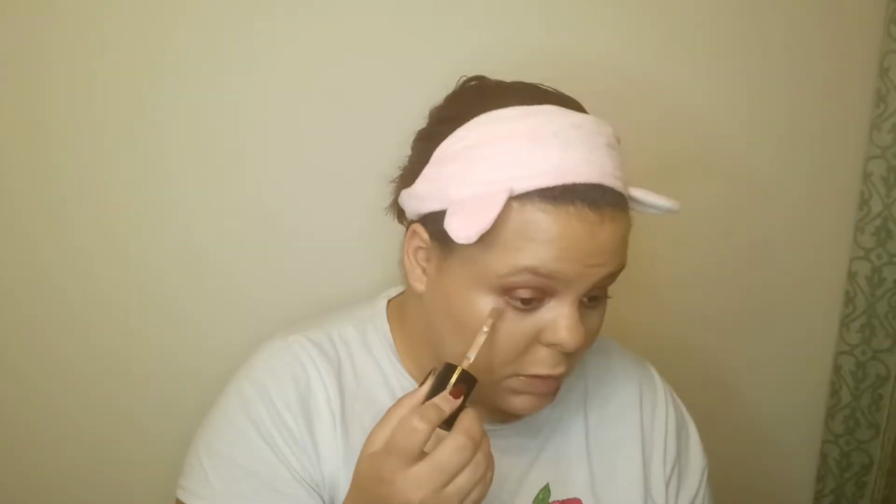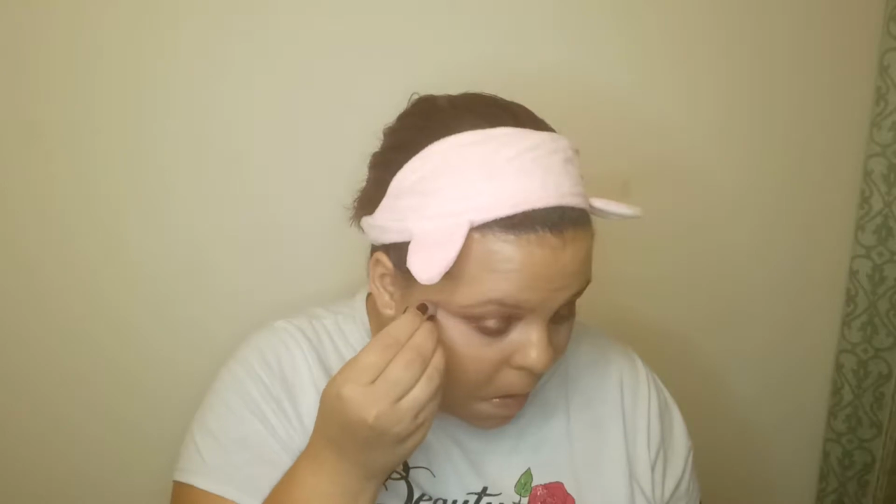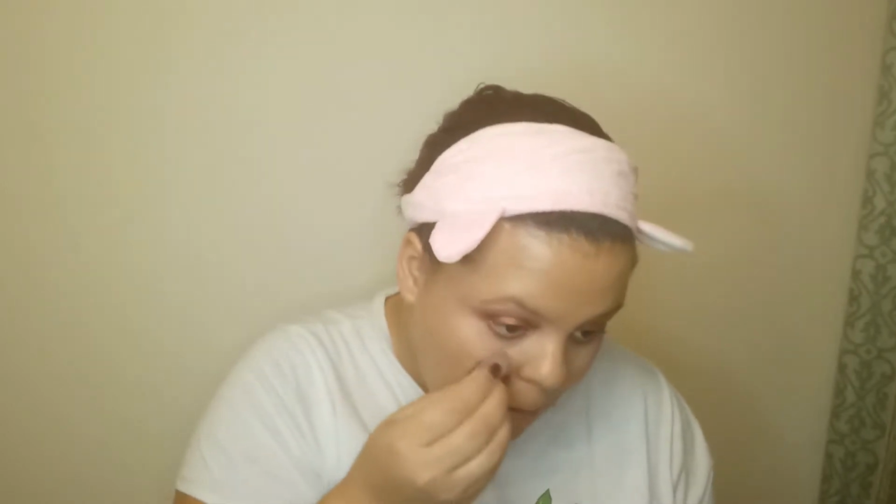Alright, so I got the Born This Way concealer. Just going to use it here on the edge, just to clean that up a little. I guess that could be left if I wanted it to be a bit of a messy, soft look. I try not to use too many layers under my eyes because otherwise it just makes it look really cakey. And I'm not going to put any shimmer under my eyes,